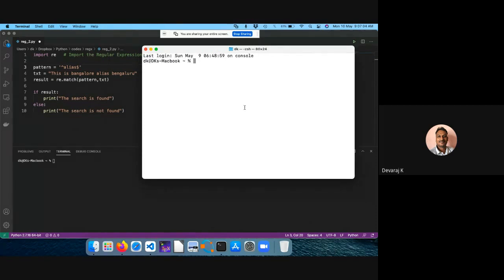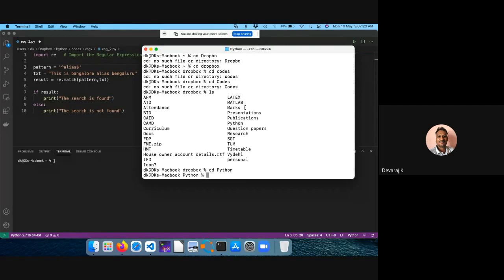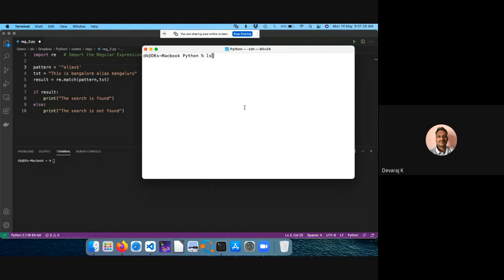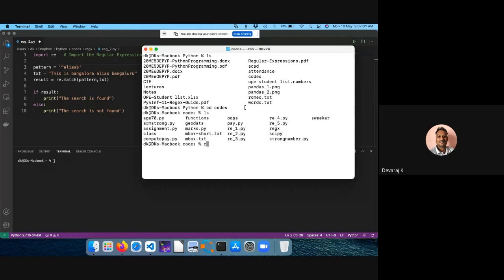Okay, so let me go to this folder, regex, okay.